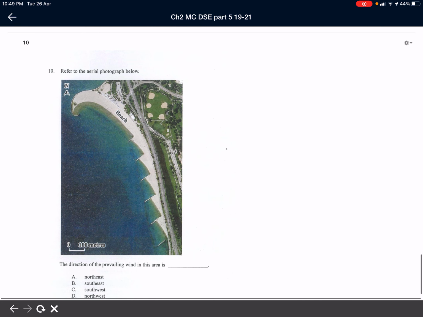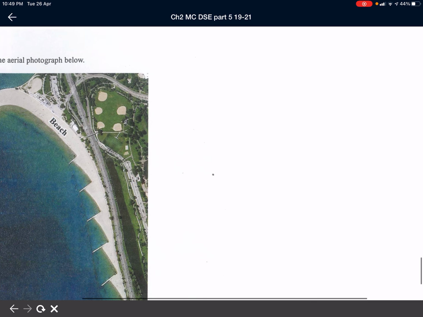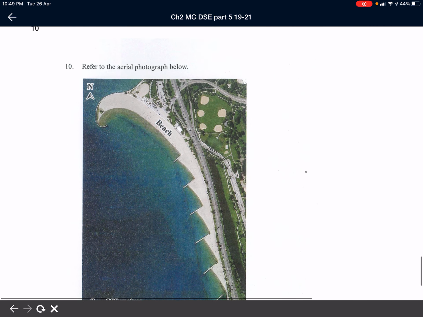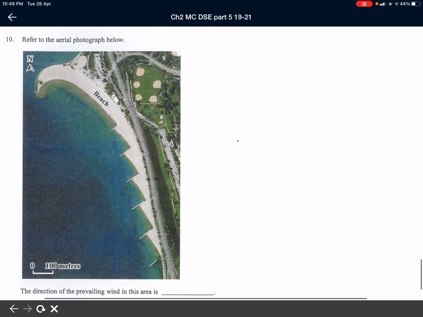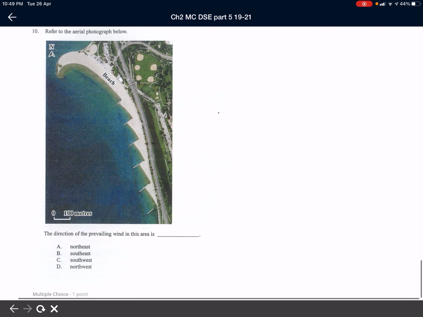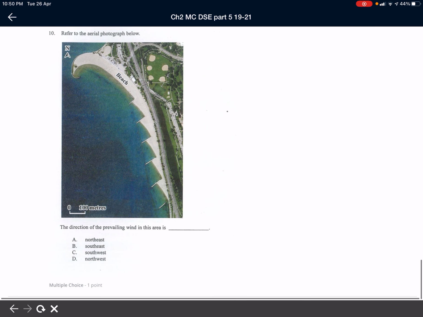Well, it seems very difficult, but indeed, no need to be afraid because you should know that the longshore drift coming this way, right? Coming this way, isn't it? Okay, so the wind should be blowing in a right angle with the longshore drift. It should be like this, isn't it? Okay, then accordingly, this is blowing from south but southwards. Okay, southeast or southwest. Think about it. Going this way, the wind, the longshore drift going this way. So accordingly, the